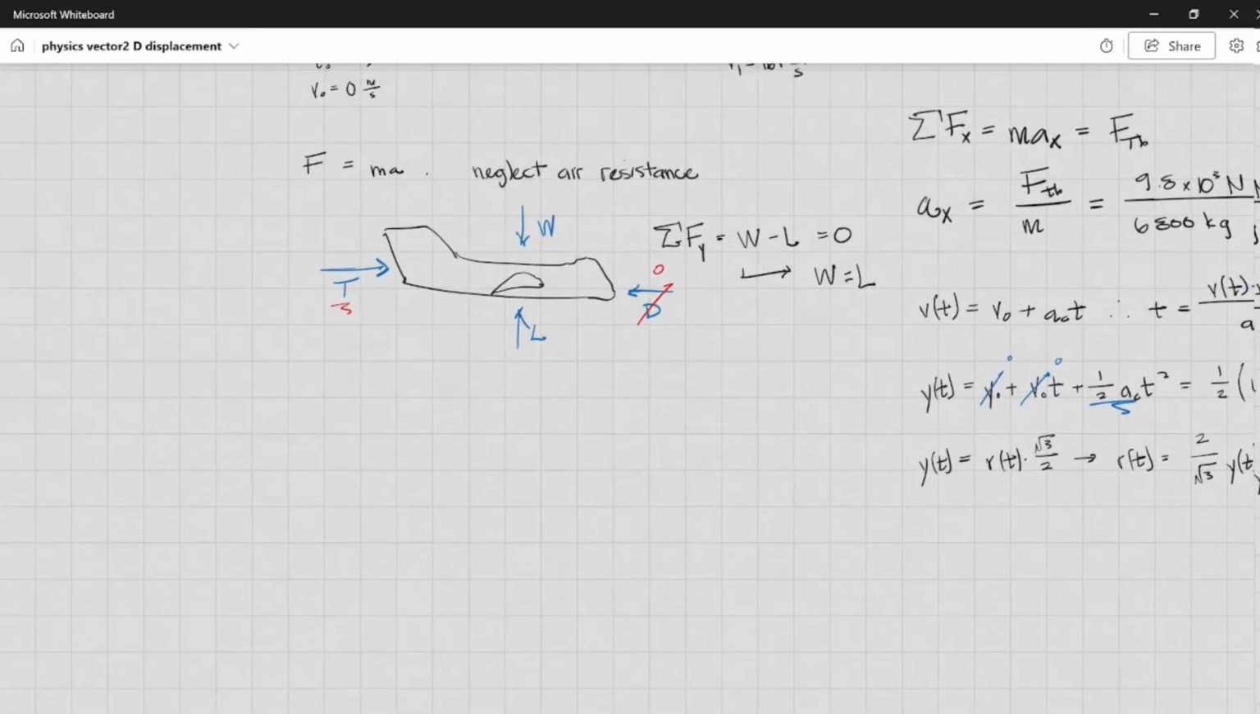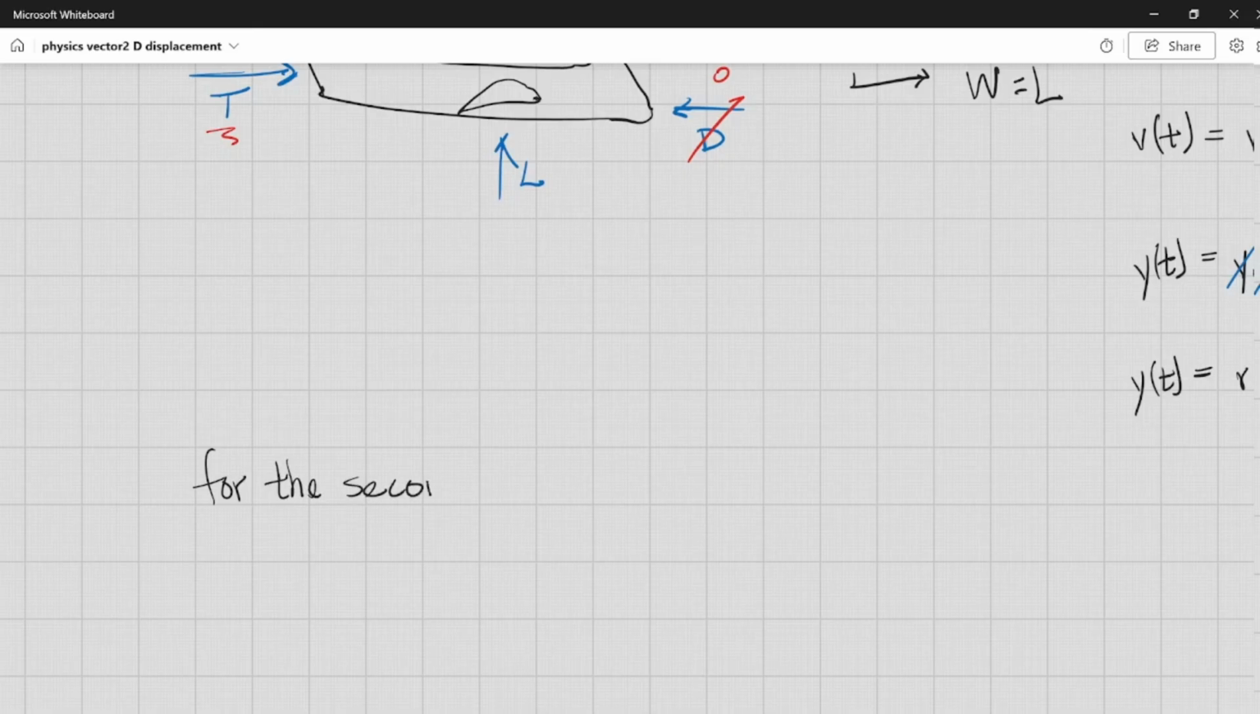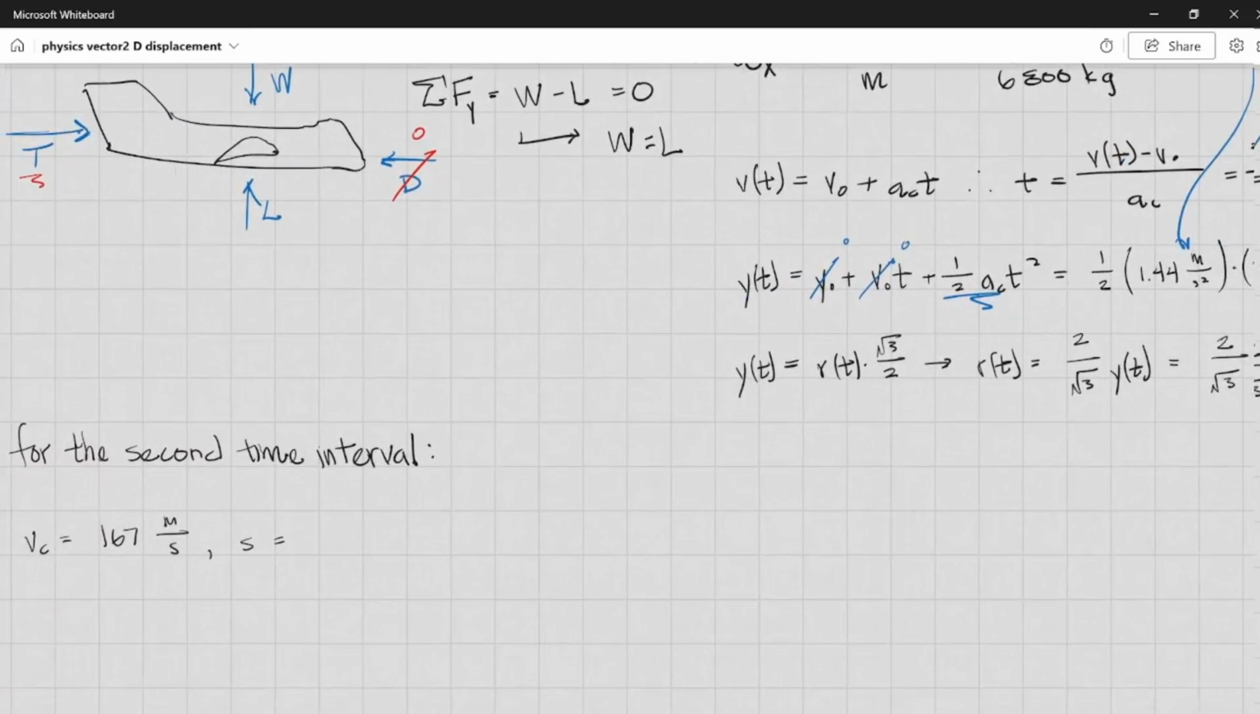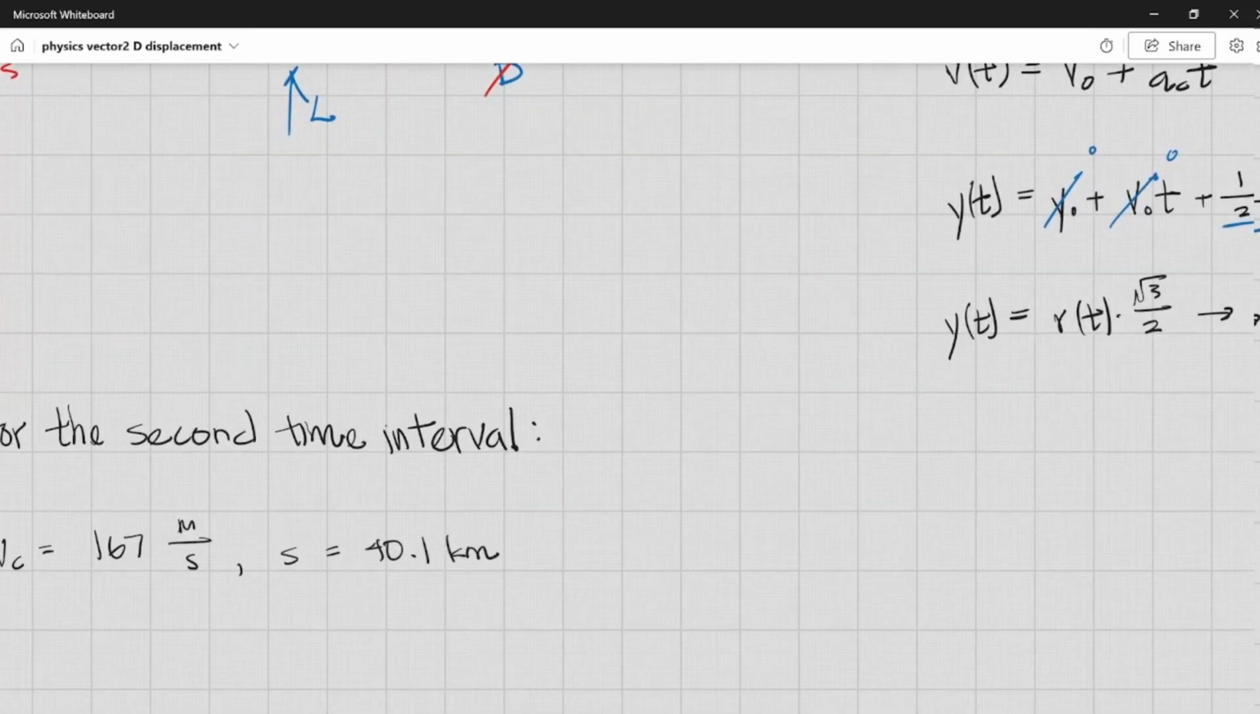For the second time interval, we discussed that the peak speed has been reached, and for the rest of the journey until the aircraft is sighted, the acceleration will be 0 because the velocity is constant, right? So we have this constant velocity equaling 167 meters per second. The amount of distance that has passed is 40.1 kilometers. It was spotted 316 kilometers in, so the remaining distance is 316 kilometers minus 40.1 kilometers, and I end up getting 275.9